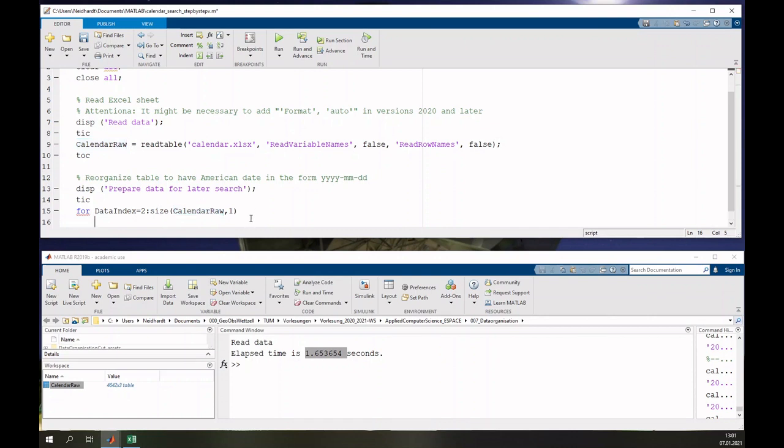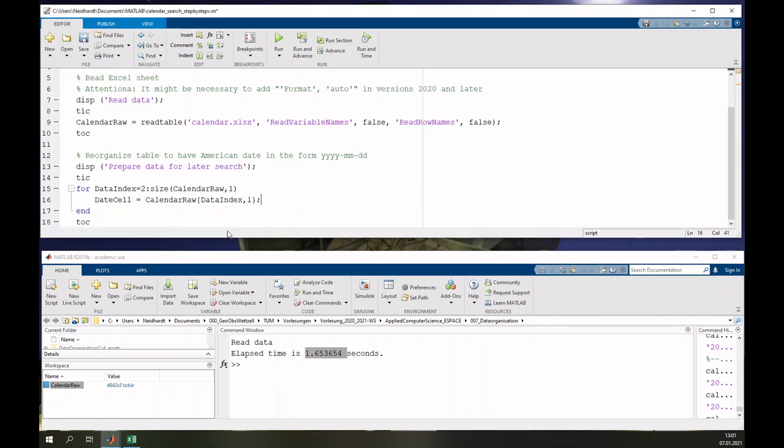So we run through all of the elements and we get this size with this function. So size calendar raw, comma 1, which is the first dimension. It's the number of lines or the number of rows. And then we take the data. So we have to know that this is now a table of